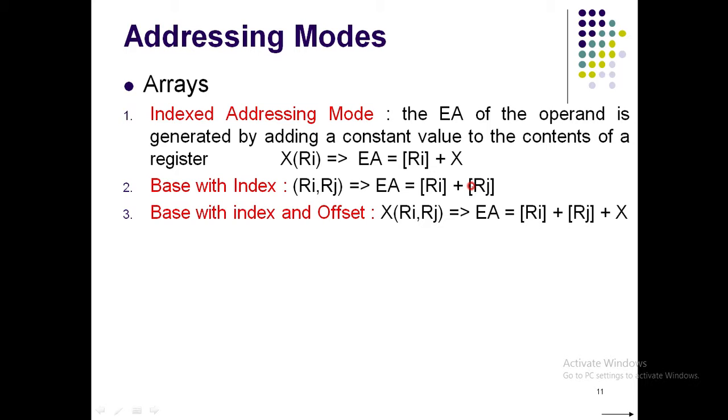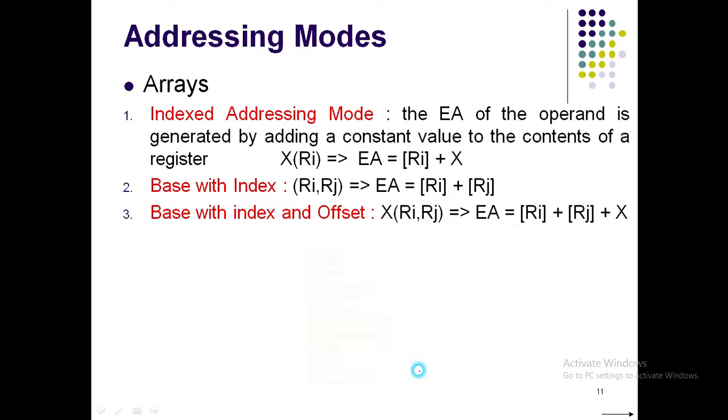So here we have both the things. Here we had only index, now, friends, we have both index as well as the offset. So what is happening now is it is nothing but Ri plus Rj plus your index x. That means it has both the things, one is offset and another one is index. So it's an extension of this previous thing. Here we had only the index, now we have both index and offset.